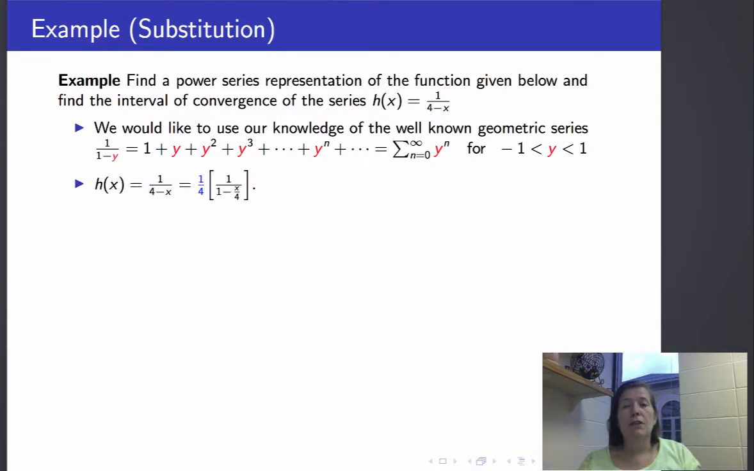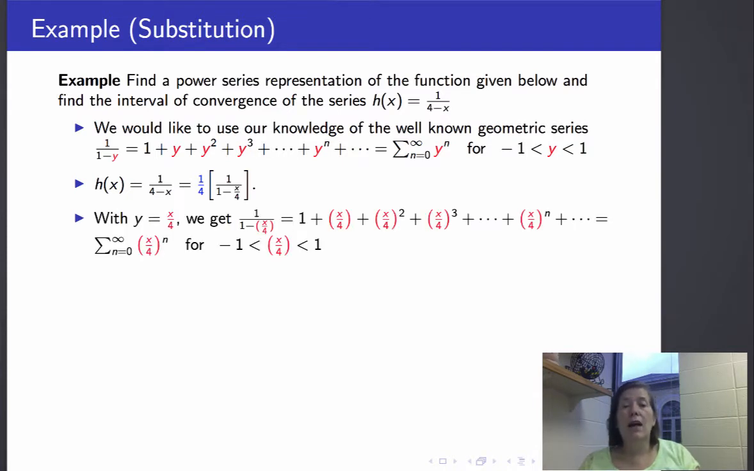h of x, our function of interest, is 1 over 4 minus x, and I can actually pull a 4 out of the denominator there, and I get 1 over 4 times 1 over 1 minus x over 4. With y equals x over 4, if I substitute that into the expression above, I get 1 over 1 minus x over 4 is 1 plus x over 4 plus x over 4 squared plus x over 4 cubed, etc., and it's the sum from 0 to infinity of x over 4 to the n,